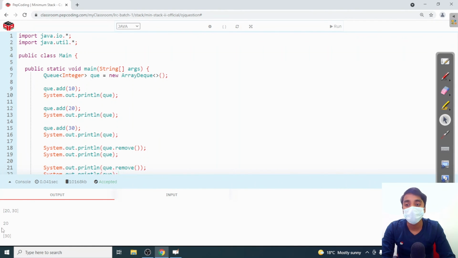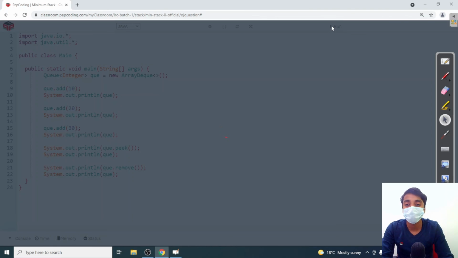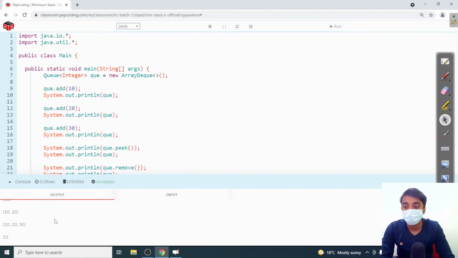Here again the value is removed from the front of the queue. Let us ask for the peek of the queue. Here the peek of the queue is 10. This gives me the peek value of the queue.